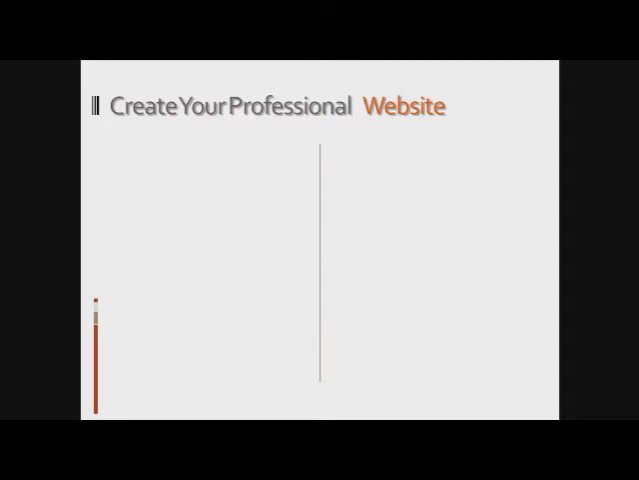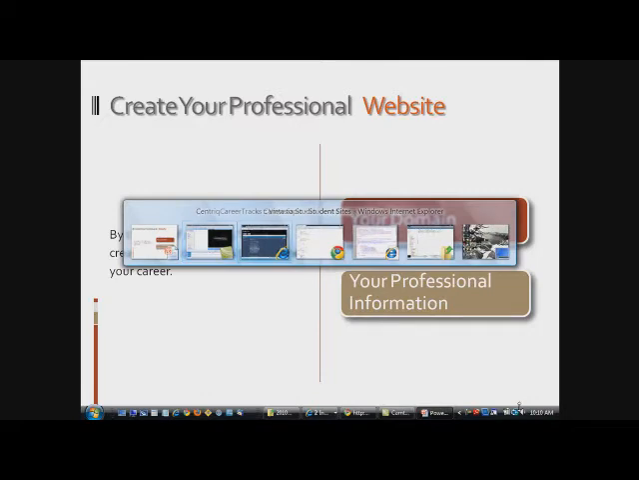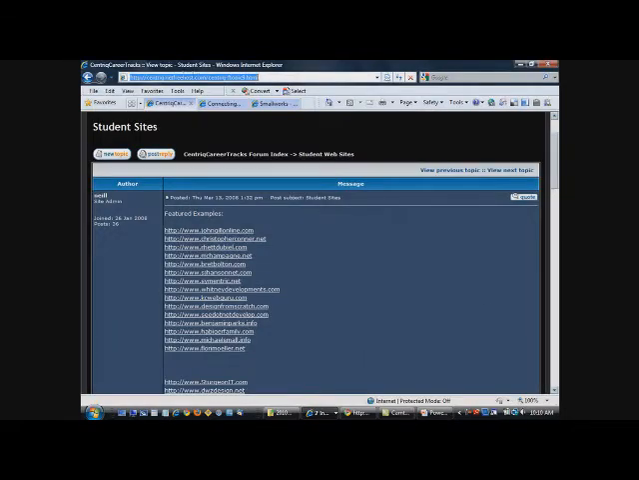So the last thing, most importantly, is you're going to be creating your own professional website by the end of class. It'll have your domain and it'll have your professional information. Let's take a quick look. I've got pulled up over here in a browser a list of student sites. You can go out to centriq.netfreehost.com and see a whole list of different students and graduates, their websites that they've put out as examples of